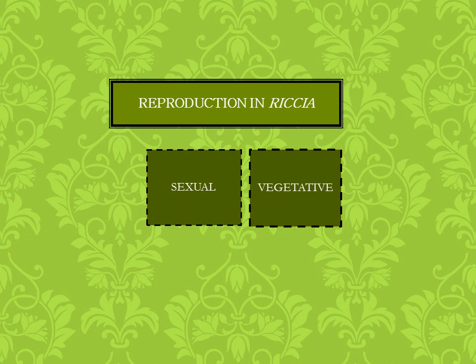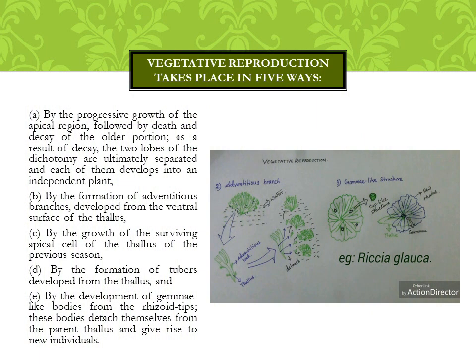The Riccia plant reproduces by means of vegetative and sexual reproduction, which occurs either after a certain stage of maturity or due to the sudden change in the environment. So they can be reproduced both by sexual and asexual method. Asexually, they are reproduced by vegetative mode of reproduction. Vegetatively, Riccia plant reproduces by the following modes